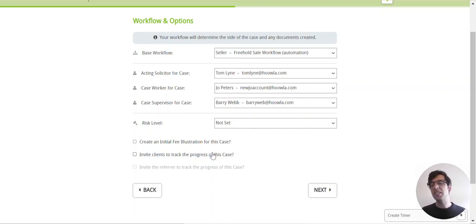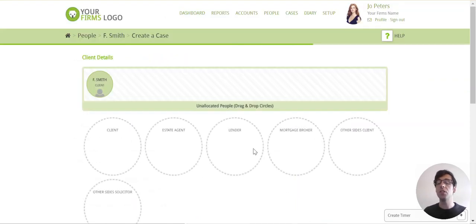What I want is you turn on and off what you want in Hoowla. So we're not here to say you must use all of Hoowla and go completely paperless. And that's not right for all law firms. So you may want to give digital access, you may not, and you can have that defaulted to on or off. I'm going to keep it on for the moment because I'm going to show you how Hoowla can be used to send out